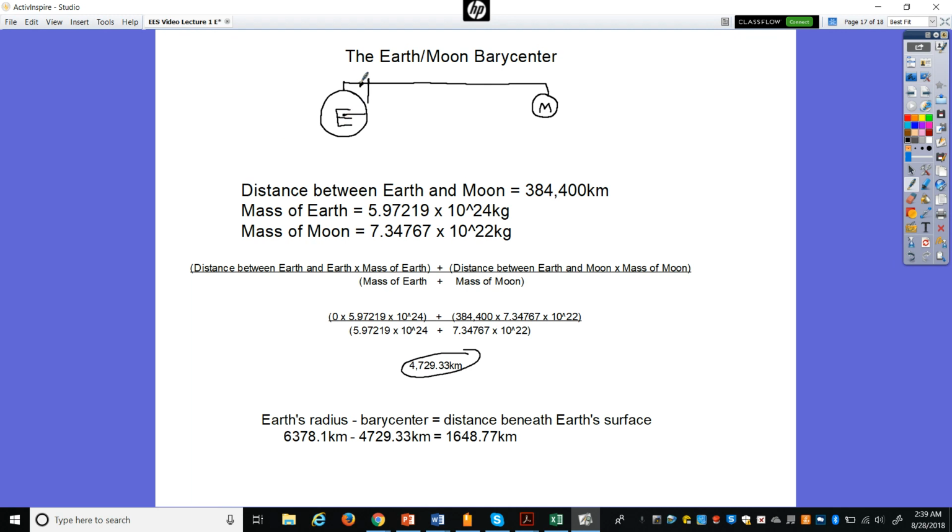Actually, the Earth is also orbiting around the barycenter, so it's moving some as well as the Moon moving around it. We'll also look at another video in class that's a great explanation of that. But you can figure out barycenters for any number of different objects.